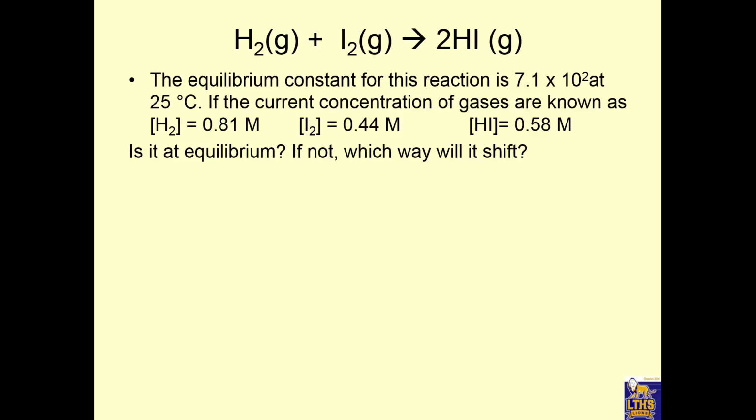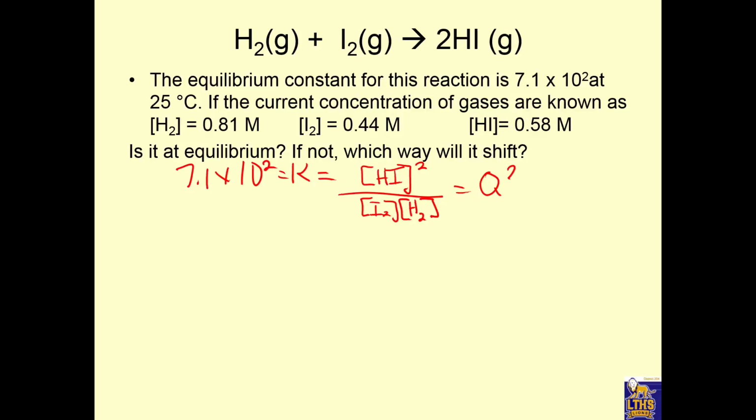Okay. But look, it's a problem to work on. The equilibrium constant for the reaction is 7.1 times 10 to the second. That is our K. Right? But our equilibrium constant expression is products over reactants. So we have HI to the second power divided by I2 divided by H2. Right? So it's got to be products over reactants. So we know that this is K, but we don't know if we're there yet. So we would take our concentrations given